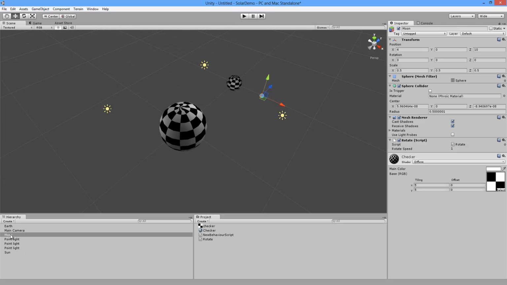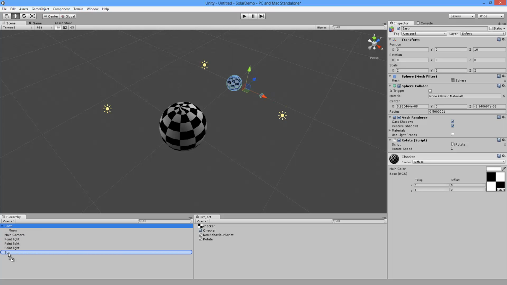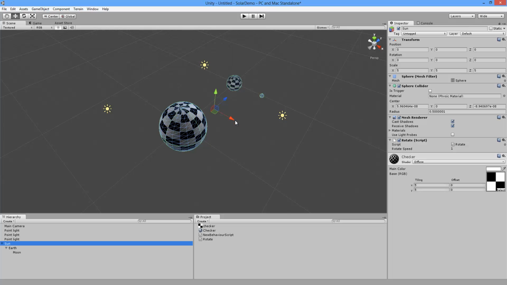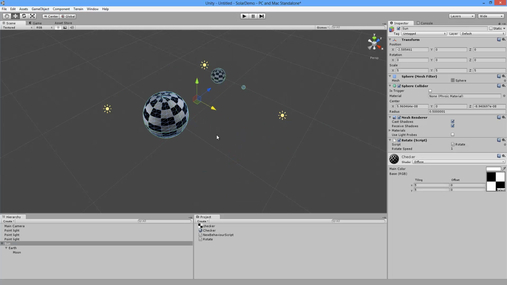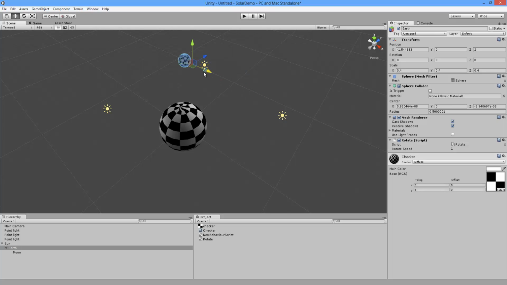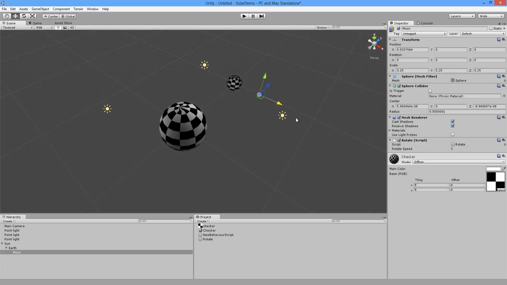So if I take the Moon and parent it to the Earth, which you do by dragging it on top, then I take the Earth and the Moon and parent them to Sun. Now if I select the Sun and I move it, you notice I move everything. If I select the Earth and move it, I just move the Earth and the Moon. And if I select the Moon by itself, well, that doesn't affect anything besides the Moon. So now if I run it,